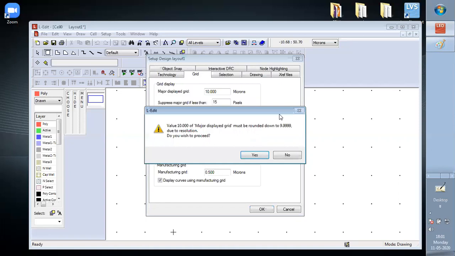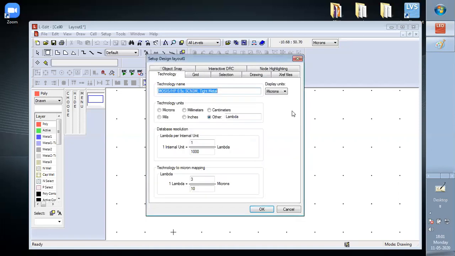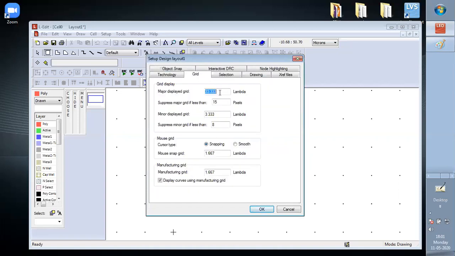And also here, in place of display unit it should be lambda. That's why here it is written 10, 15, 1, 8.5 and 0.5.